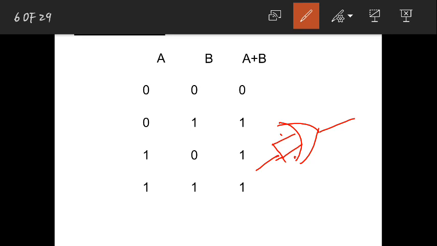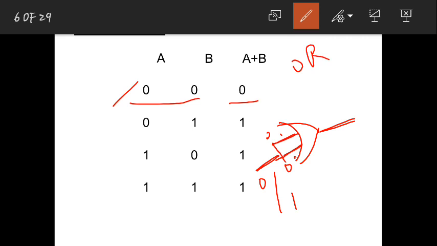Now if you see the structure of a NOT gate, it should have one input and one output. So see, there is one input and one output. That input I can give as 0 or 1. If I give 0, both terminals of the OR gate get 0 and 0, so the output is 0. Using the OR gate I am building a NOT gate.